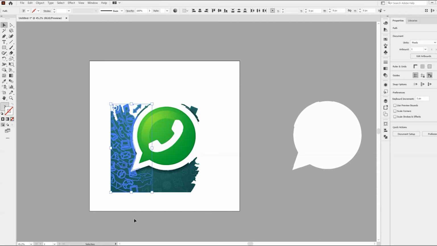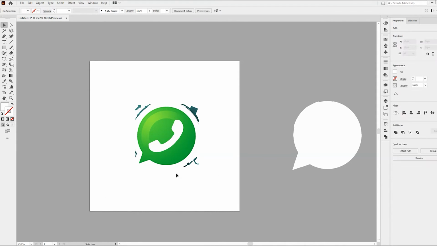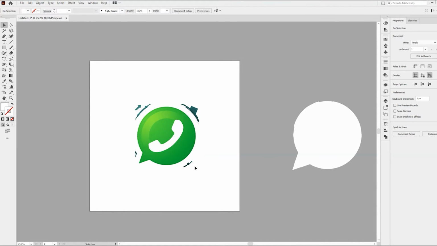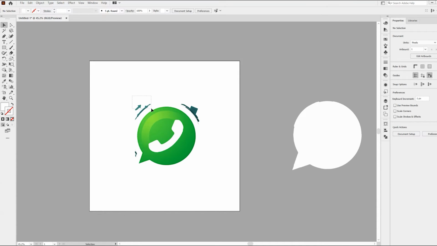Select this, then delete. Select this, then delete. And these are some portions to be removed. This is not a simple thing to do, it is quite hard, but after seeing this tutorial, you will be able to do it very quickly.